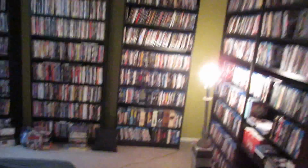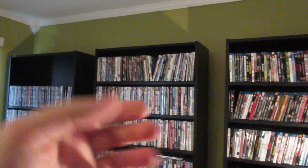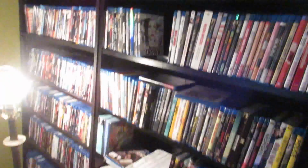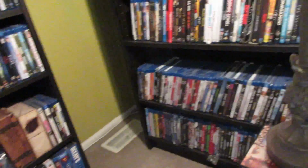And then we go into here, which is the rest of the collection, and the lighting is terrible in here, so I kind of have this jerry-rigged a little bit right now. I've got the overhead one right here, which is kind of dull, so it's really dark in here, and I was trying to do it at first, and you could barely see it. But some more collector sets up at the top, and there's some 4K titles, and more Blu-rays, some Christmas tin sets down there, and then this whole bookcase is Blu-rays,